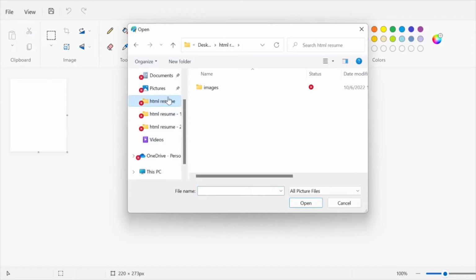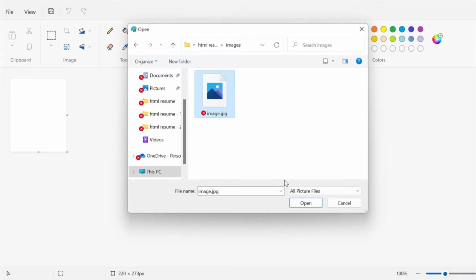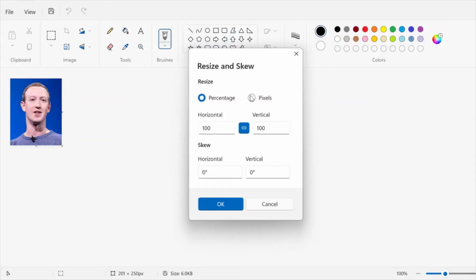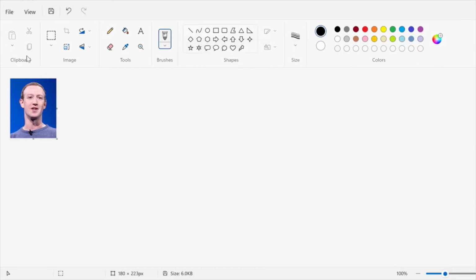HTML resume is my folder name, and in that I need to open this image and resize it. Let's make it a little bit small, maybe 180, and let's hit save. Now we have resized it, and my file is resized.